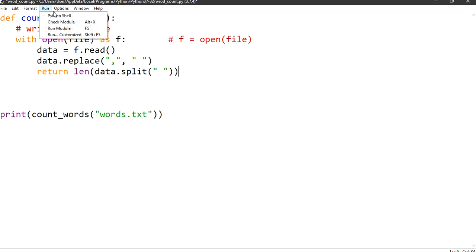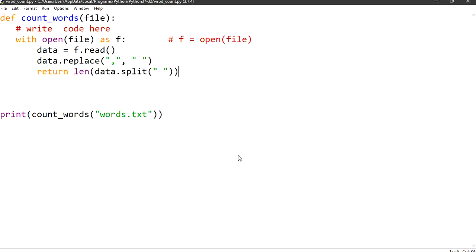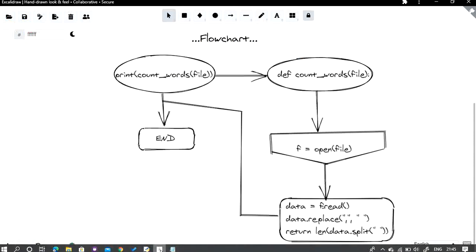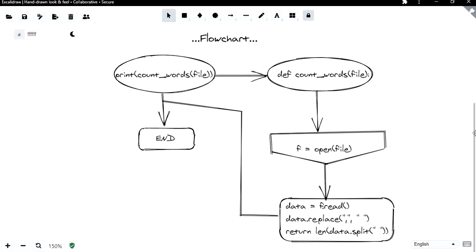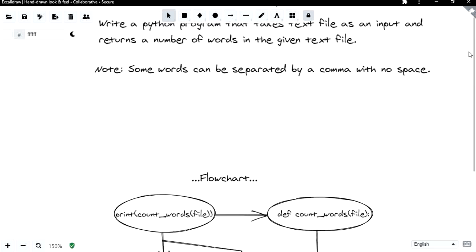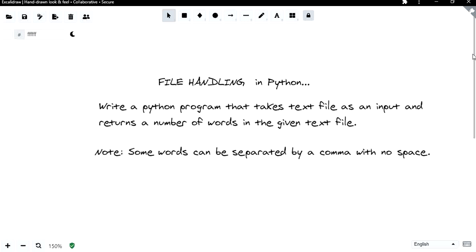Now let's run this and let's see how much we got. Let's see what is the length of that particular text, how many words we have in that particular file. So we have 32 words. Is that clear? So this is it basically: if we are given a file, we can count the words of it by using replace, the length operator and the split operator. Like we will split wherever we have commas.